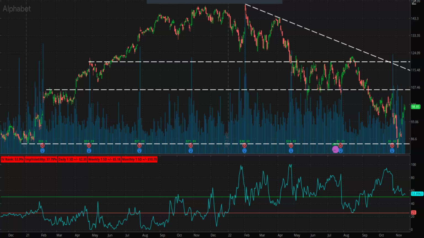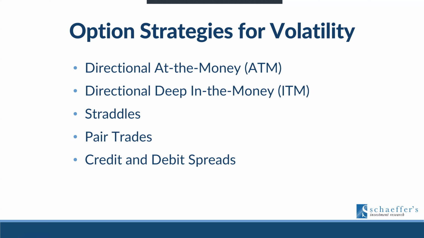This shows IV rank. This was back when Google was in a big downtrend. So this is an old chart, but you can see here, downtrends produced high implied volatility. And then usually bull trends are ranked in the low end. So, as you can see, below the 20th percentile are good opportunities to buy during bull trends. And then in long-term downtrends, you're going to see these implied volatilities really expensive. So that's the benefit. Option strategies for volatility: directional at the money, deep in the money, straddles, pair trades, credit